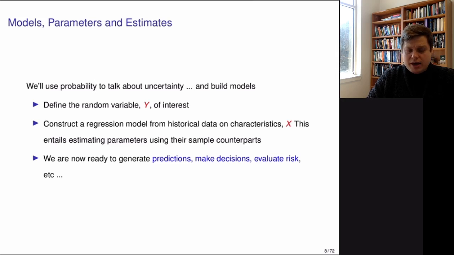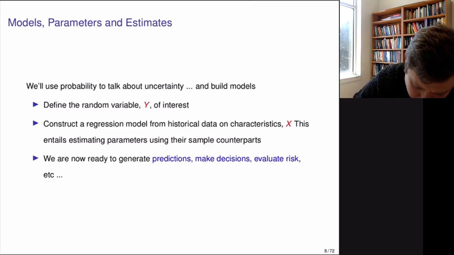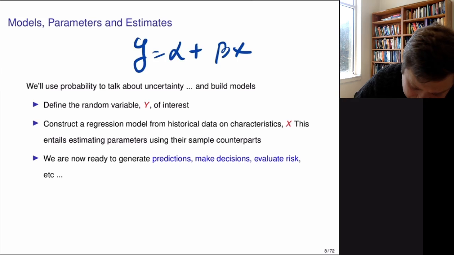We're gonna call it y, and we will treat it as a random variable, and then we construct a regression model from the historical data, and we're gonna use input characteristics x as the input to this model. And then we will relate x and y and the parameters of the equation. So if we're going to have, for example, y equal alpha plus beta x, so this number alpha and beta will be called parameters